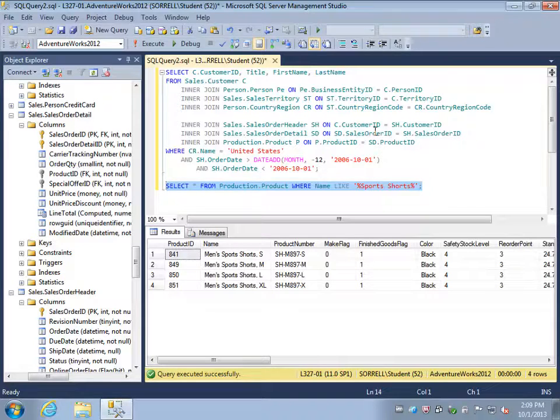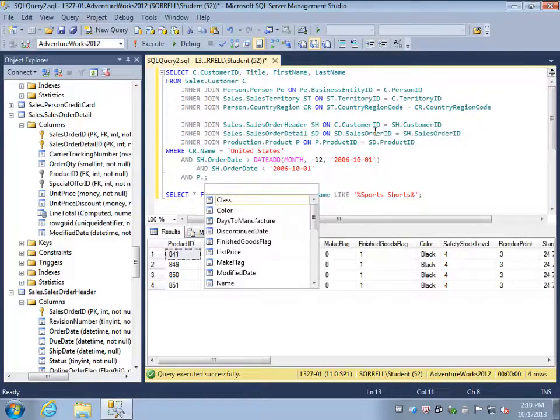Or I could take the product number, which certainly looks very similar for each of these sports shorts, and then add a simple wildcard at the end, or I can use a wildcard on the product name. Your specific requirements may vary. In our case, the best choice might be to query based on the product name, and that's what I will do. So I'm going to say that my product name